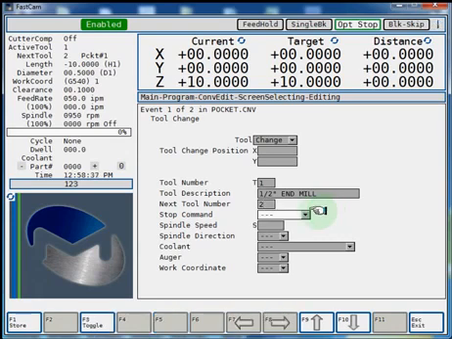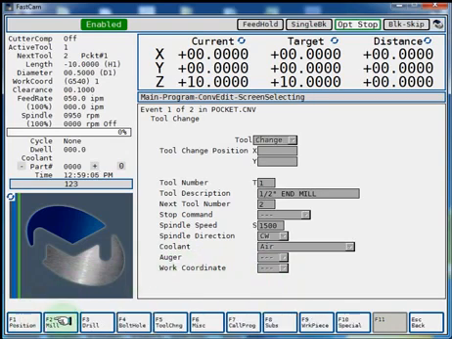If you want a stop command, either program or optional, you can select that. And choose a spindle speed. Now spindle direction and a coolant. If your machine has an auger, you can select it there. And if you would like to change your work coordinate, there's also an opportunity to do it. Hit F1 store,